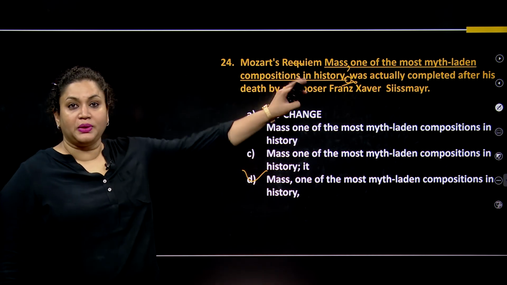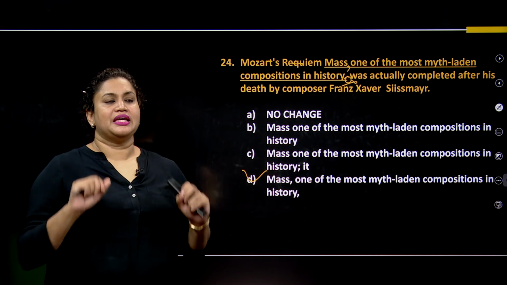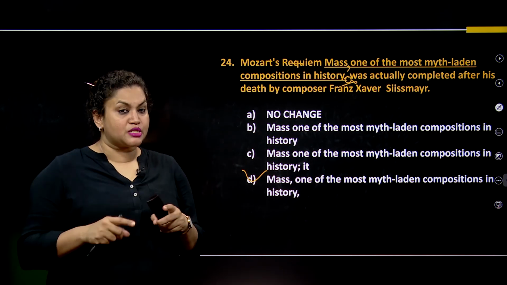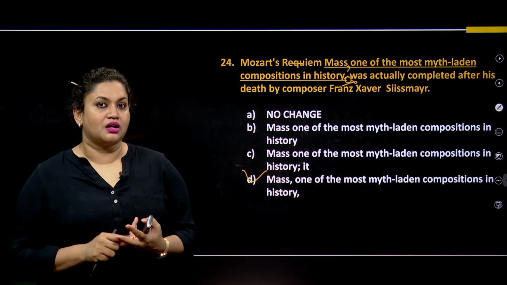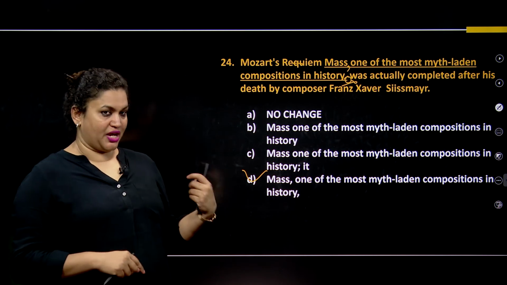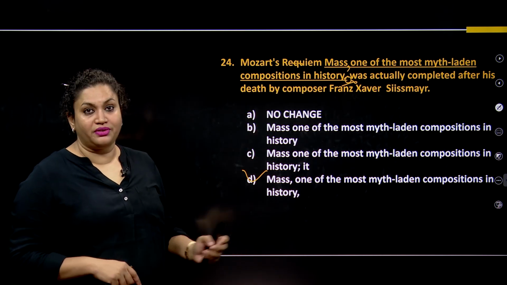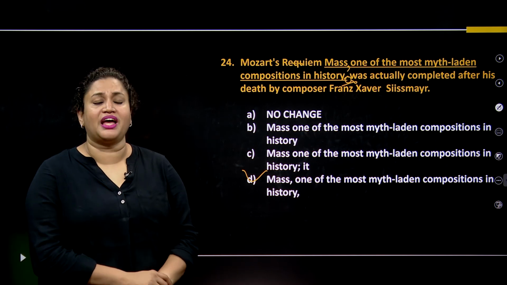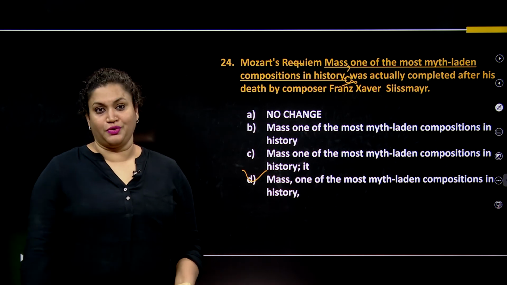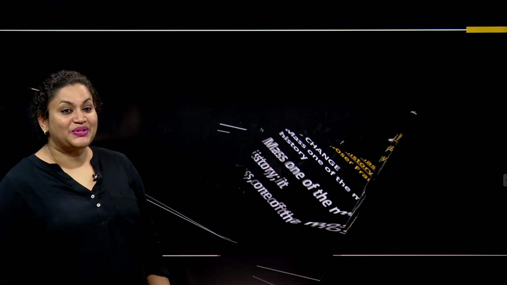See, what we can do is look at the question first, and then think about what is missing or what is wrong, and then go to the options and check. Just have your own answer first and then you check. So D is the right answer, and it takes no more than 20 seconds because you already know the answer. Let's go to the next one.